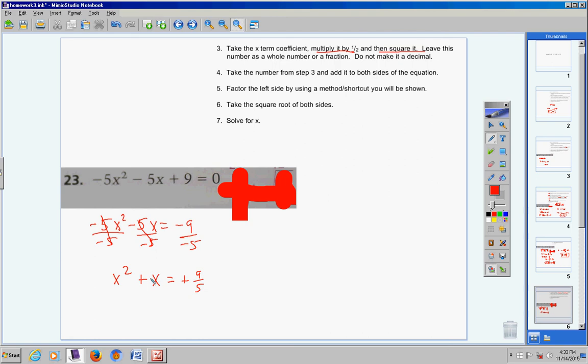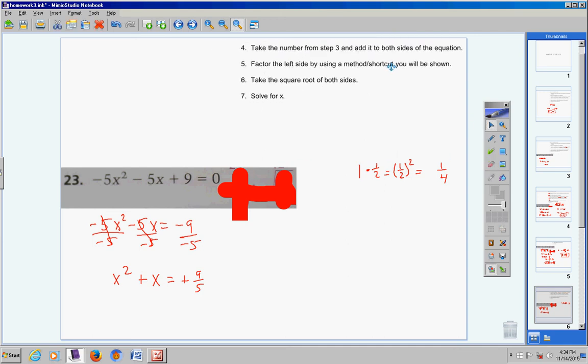So the x term coefficient is 1. So take 1, multiply it by 1/2 is 1/2, and then square it, and you get 1 times 1 is 1, 2 times 2 is 4, you get 1/4. Okay? So my number from step 3 here is 1/4. Let's not forget that, 1/4. Okay? Now moving on to step 4. Take the number from step 3 and add it to both sides of the equation. So here we go. I'm going to add 1/4 to both sides of the equation. X squared plus